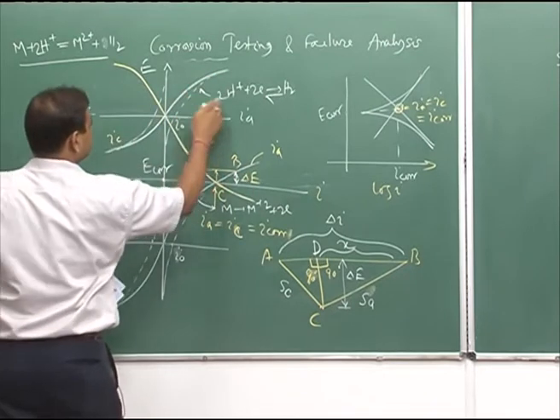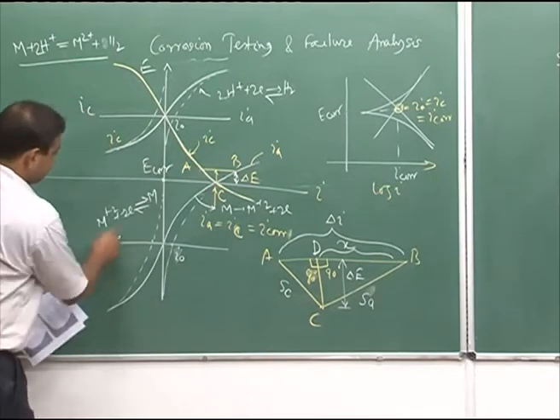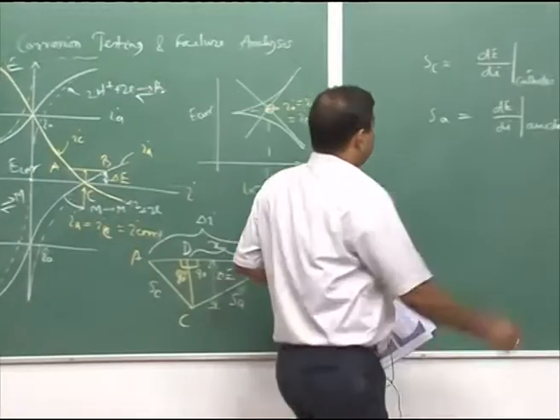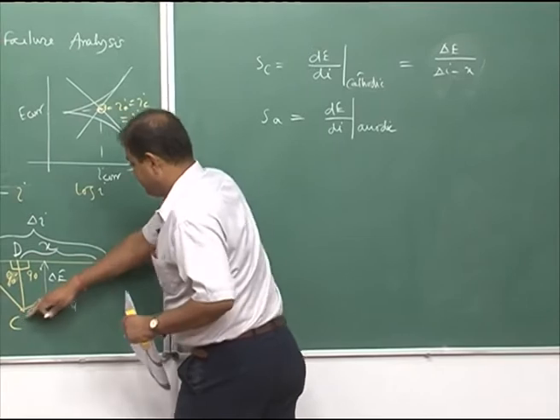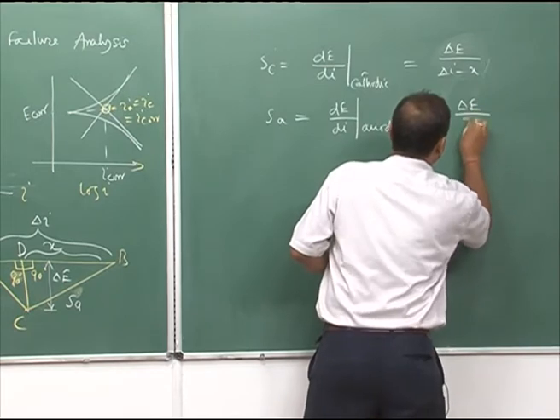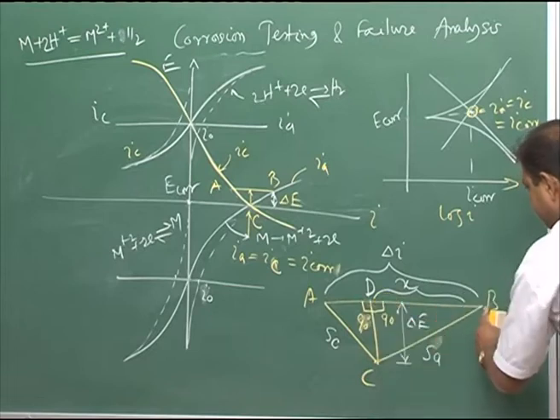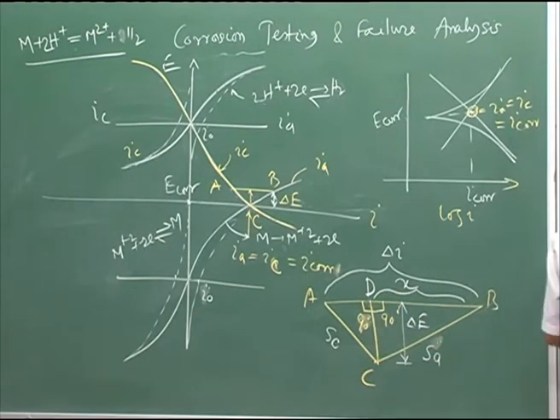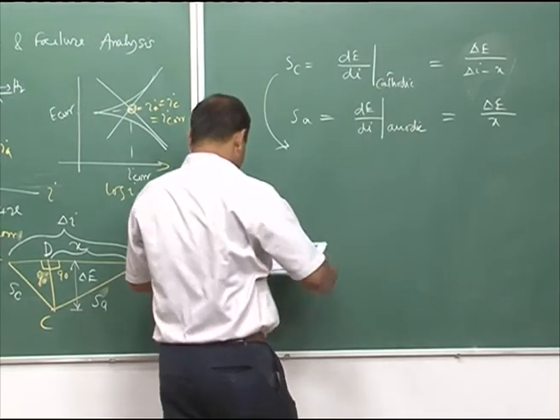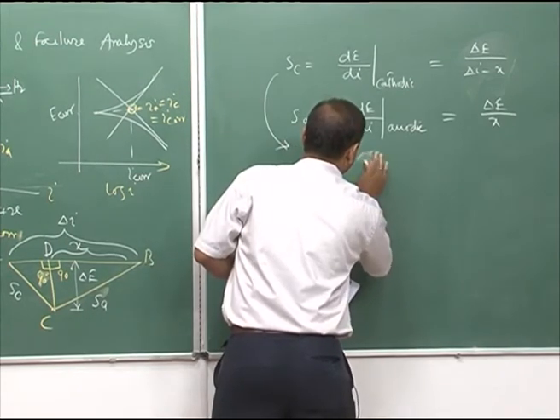So, this is for the reverse reaction and this is for the forward reaction, and this side is for this reaction. So, this is anodic because this line is indicating the anodic one for a metal dissolution. So, this would be equal to del E by del x, because this is my x and this is my del E. Now, if we consider this part, then we can convert S C equal to del E by del I,